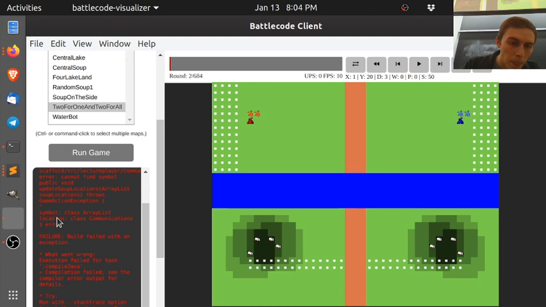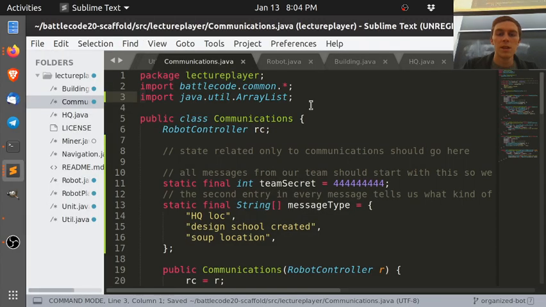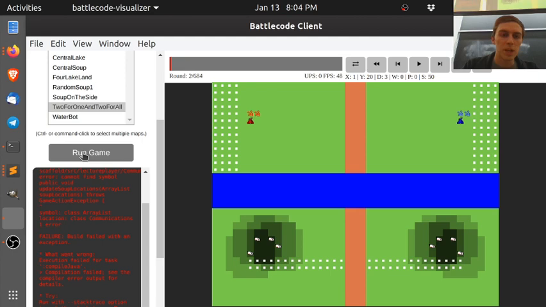Cannot find symbol array list. Oh, there are also array lists in communications. Okay, so already we have to import it in two places. I'll figure that out offline and tell you next time. But now I think that's the last error,